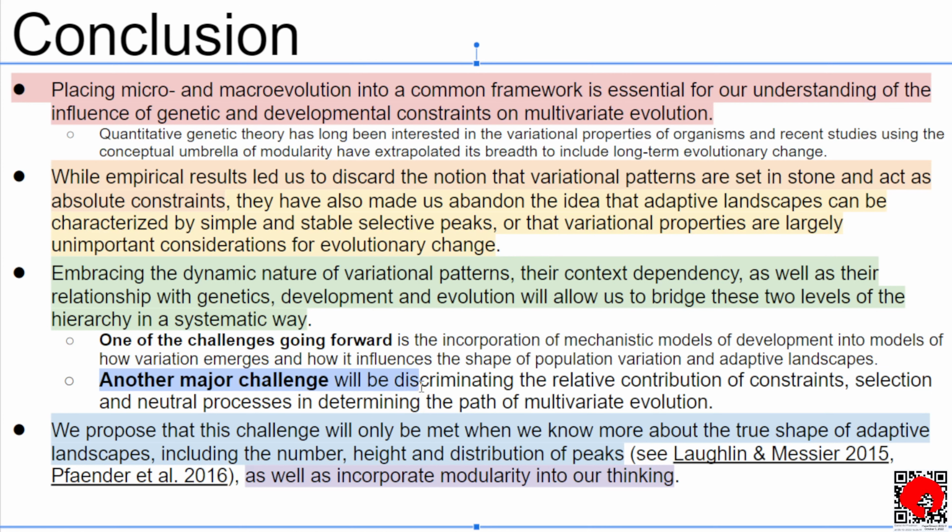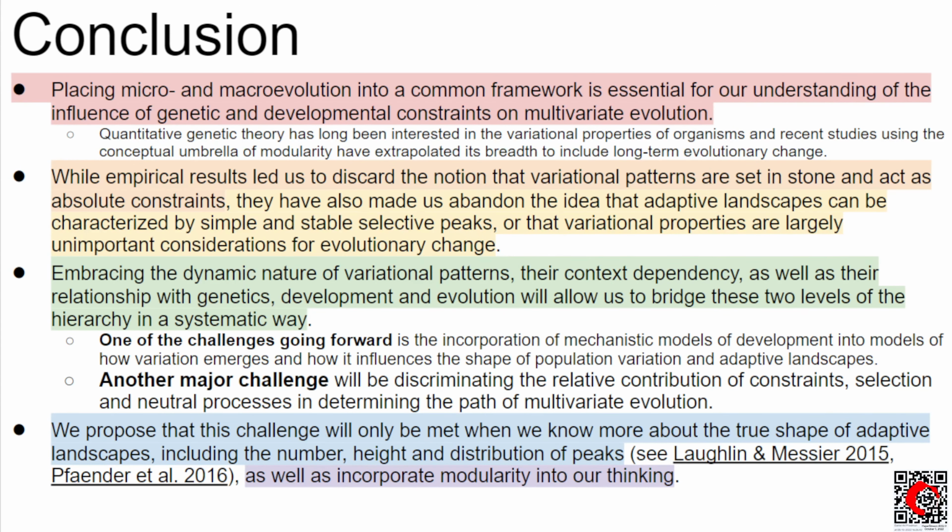Another major challenge will be discriminating the relative contribution of constraints, selection, and neutral processes in determining the path of multivariate evolution. We propose that this challenge will only be met when we know more about the true shape of adaptive landscapes, including the number, height, and distribution of peaks, as well as incorporate modularity into our thinking. So, cool paper,